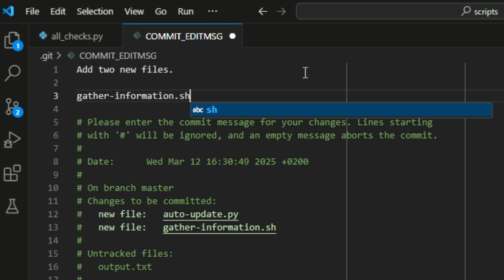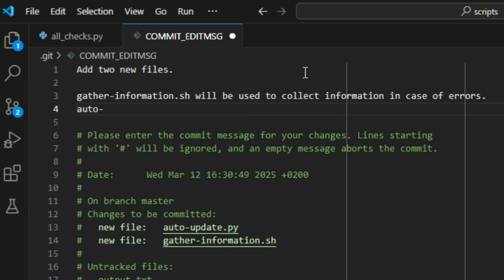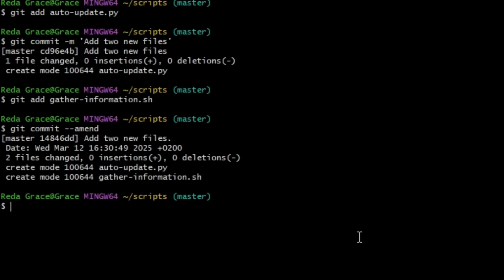Yay! Now that the files have been added, we can also improve our initial commit message, which was a bit too short. We'll keep the existing description as the first sentence of our commit, and then add a line of description about the intended purpose of each file. With that, our commit is ready to be amended. Let's save a new description as usual. We've amended our previous commit to include both files and a better message.